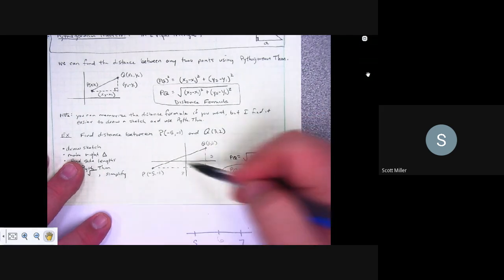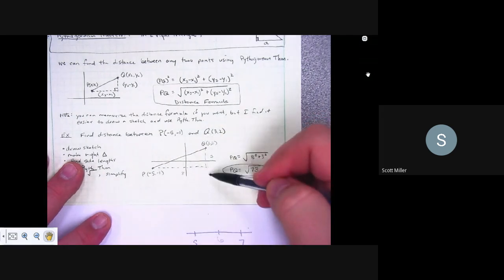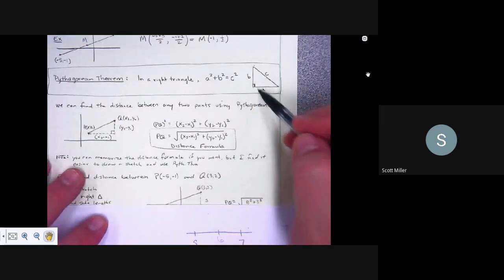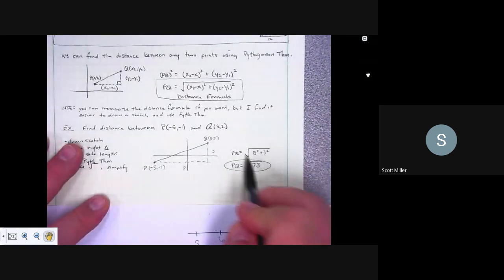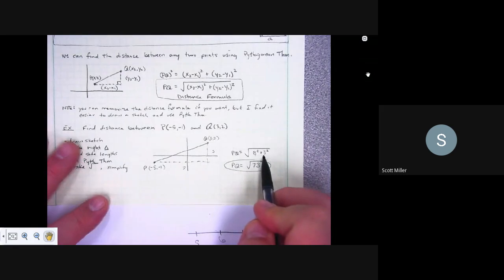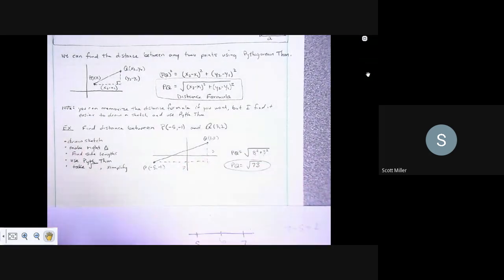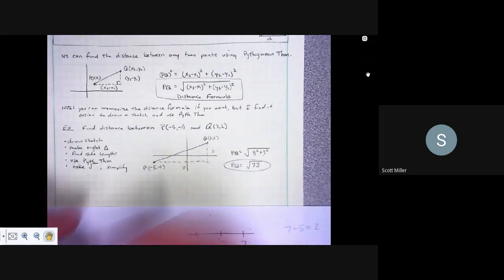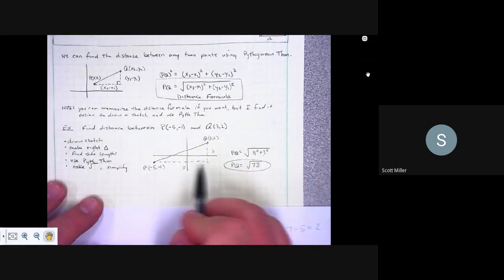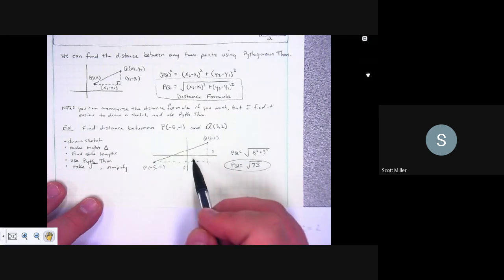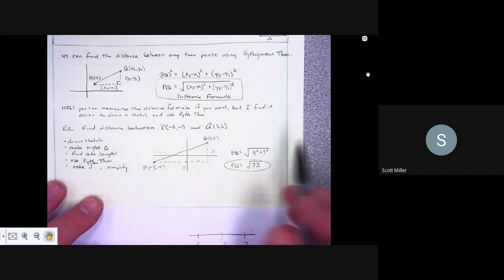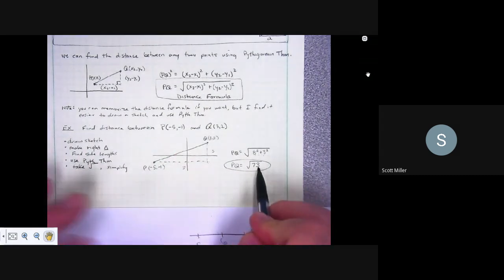So I know this distance is 8, that distance is 3, and I just do the Pythagorean theorem. So I know that this distance is the square root of 8 squared plus 3 squared. So I did this formula, I just didn't plug it into that formula. I'm drawing a picture to find these distances, and if you do it this way, this is what you have to do to get your points. Otherwise, you've got to use your formula. And then you work this out, and you get the square root of 73, and then you try and simplify,